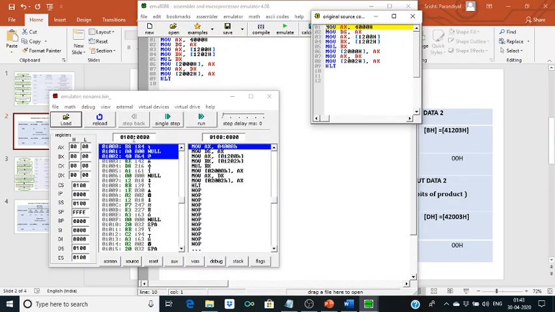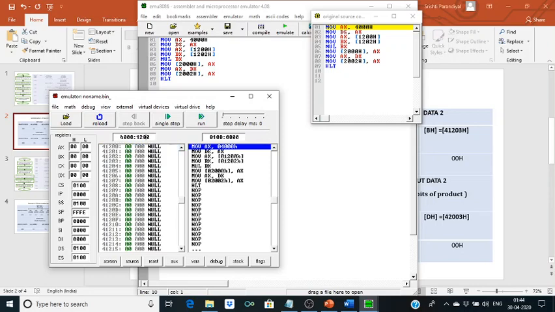Now first we will input our data, which is at 40412. So the first data is in these two memory locations, and the second data in these two memory locations.